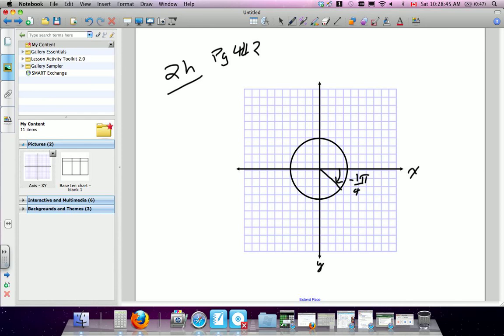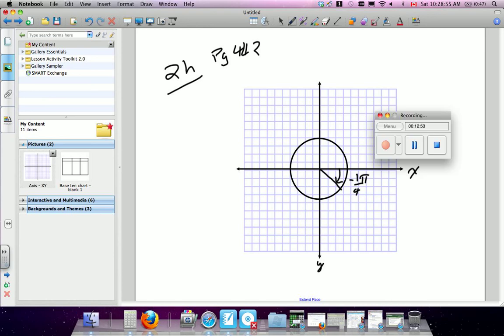Okay. Have they put anything special on your circles at all? No, not really. No, there's nothing special about it. So that would just be a negative quarter rotation backwards. You're just moving around the circle by fractions of that circle. What does like number 4 mean? Sketch the approximate location of the radian